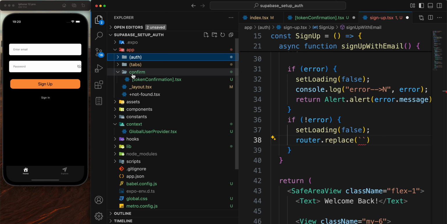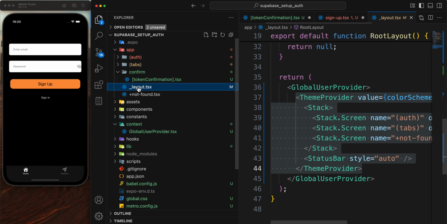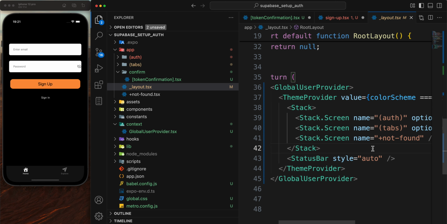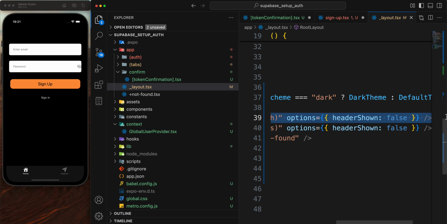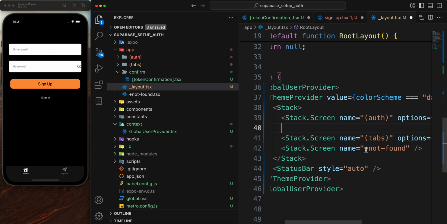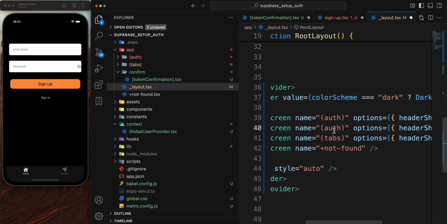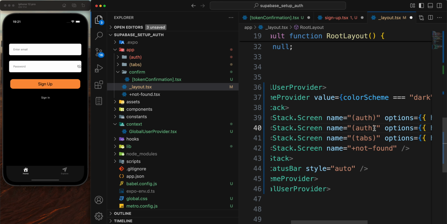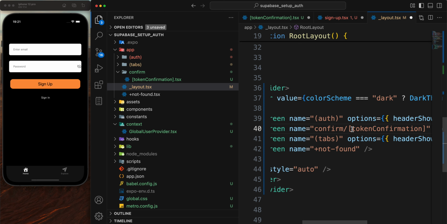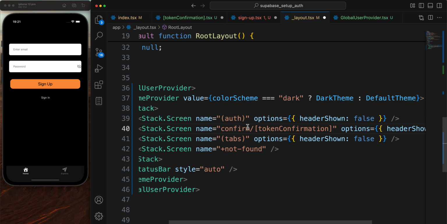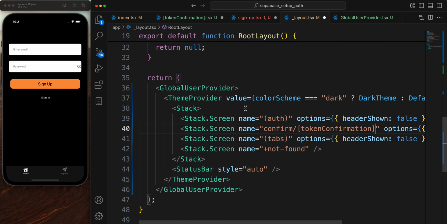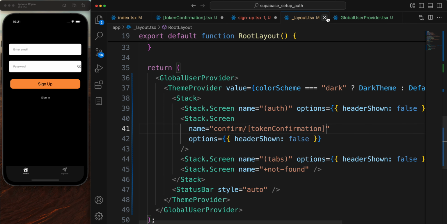So what we can do is come right here to the root layout, and then we can copy any of this one for example, and then come right here and paste that here. And instead of auth, we're going to have confirm and have a slash, and then open the square brackets rather, and we have token confirmation like so. So this is what we're going to have. So we registered it inside of our root layout, and we should save that as well